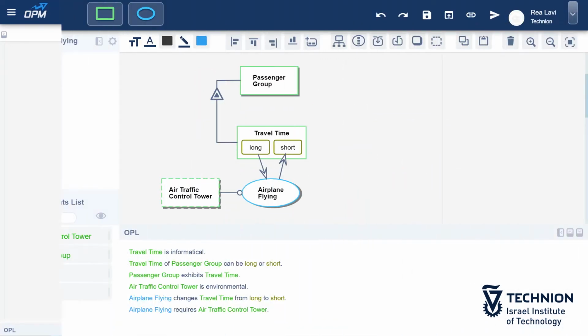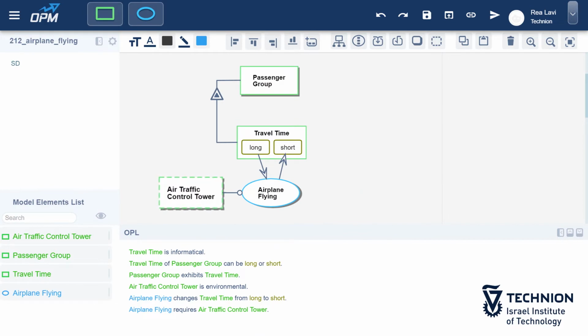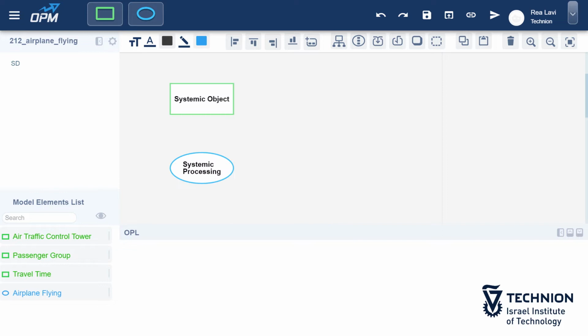Therefore, we shall designate it as an environmental object. Most things in our model are systemic, not environmental. Systemic things are represented by a solid contour, while environmental ones by a dashed contour. Affiliation is the attribute of a thing whose values are systemic and environmental. The system's boundary is an imaginary border in the system model that separates things whose affiliation is systemic from those